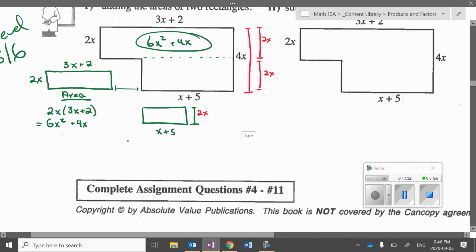So when I multiply this out, we're going to get 2x squared plus 10x. Am I done? No. What's left? Good. So my total area